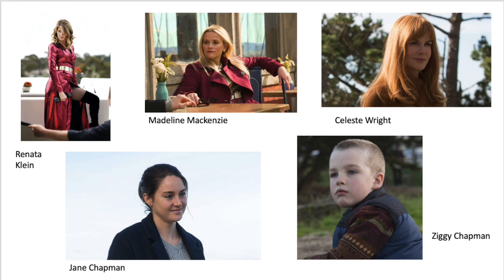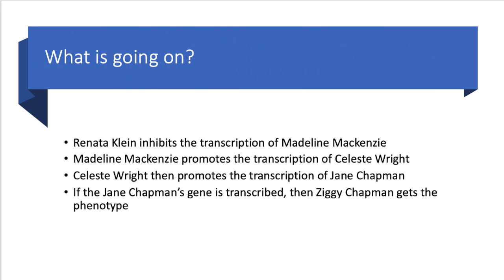The primary characters of Big Little Lies are Renata Klein, Madeline McKenzie, Celeste Wright, Jane Chapman, and her son Ziggy Chapman. I will begin with what is going on here. So Renata Klein inhibits the transcription of Madeline McKenzie. Madeline McKenzie promotes the transcription of Celeste Wright. Celeste Wright then promotes the transcription of Jane Chapman, and if Jane Chapman's gene is transcribed, then Ziggy Chapman gets